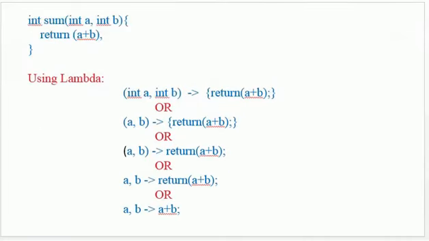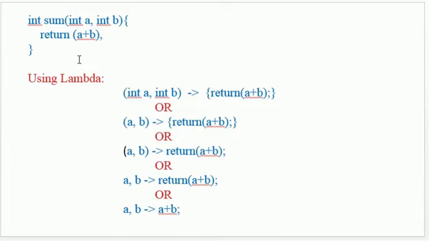Let's try to understand with the help of one example. One method has been written and the name of the method is sum. Look into this. Maybe you are quite familiar with this kind of code. We have one method sum, which is taking two parameters int a, int b, and it is returning one int. And within the code I have written just a single line which is returning the addition of a and b. This is a quite simple method. You can easily understand the purpose of this method.